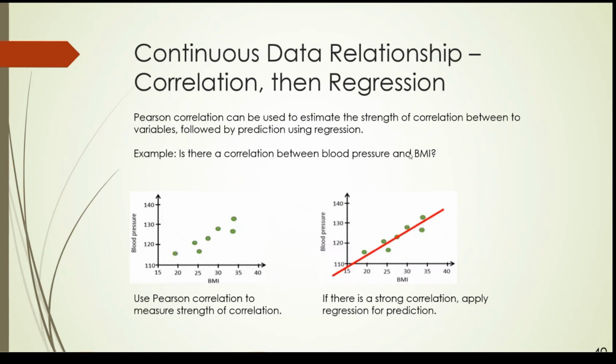For data relationship, we can use Pearson or Spearman. Pearson if there is a distribution. Spearman when there's no distribution. So in correlation, we try to see whether there's any relationship between 2 variables. For example, in this case, the body weight, height, BMI, and blood pressure. So if there is a strong correlation, we may be able to identify the linear regression for prediction.